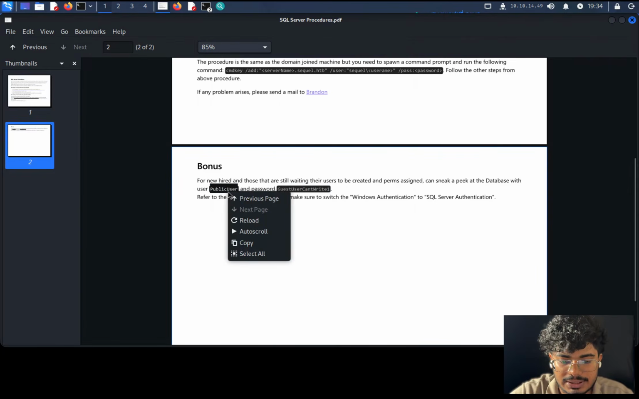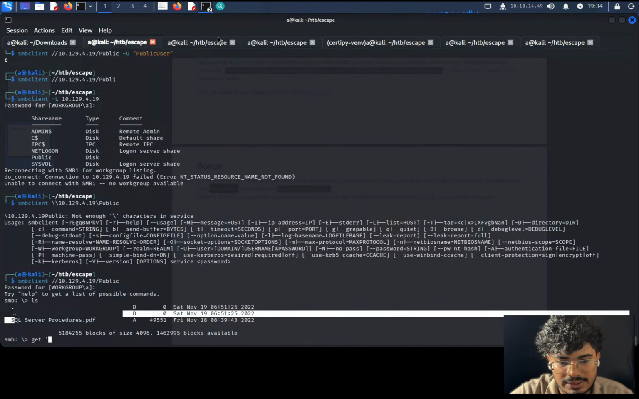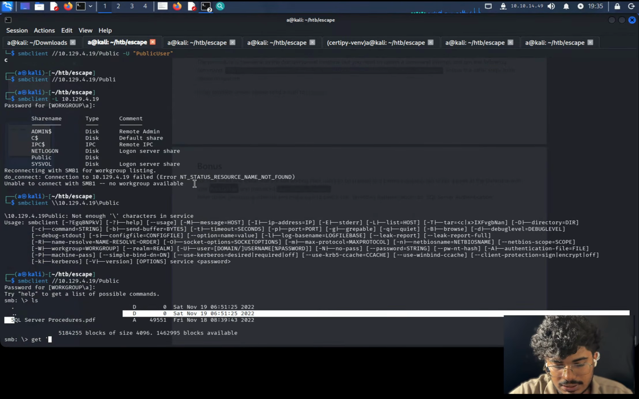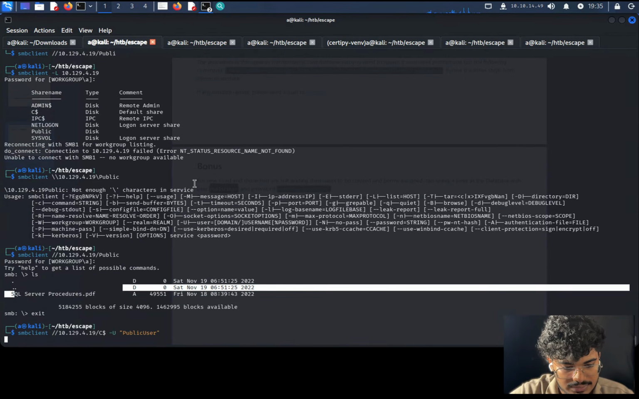So we will copy this, and this is for an SQL database, by the way. So we will copy it and then we will log in to an SQL database using that. So let me just pull that up now. We'll just exit from here first. Let's see if I have